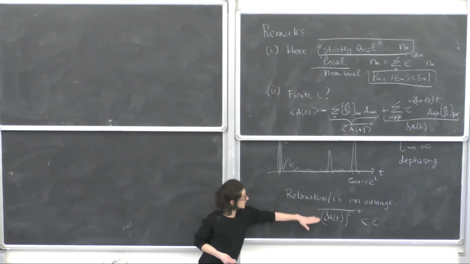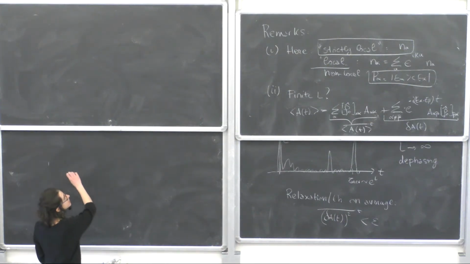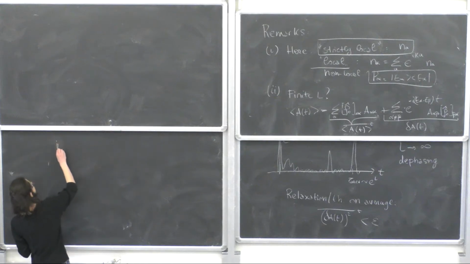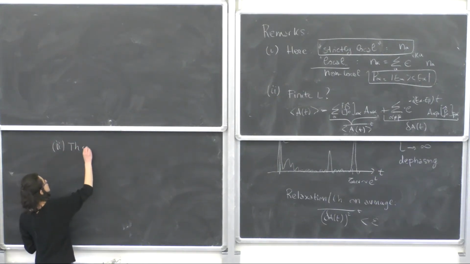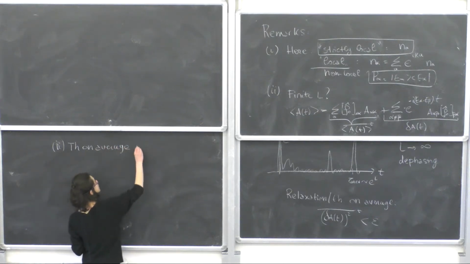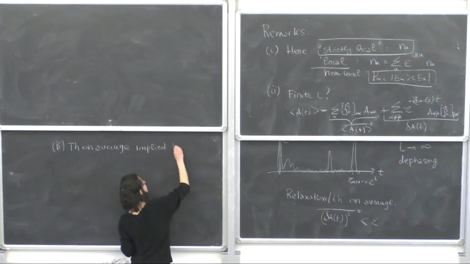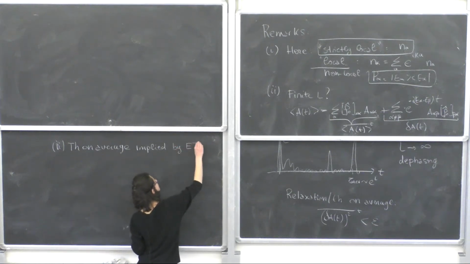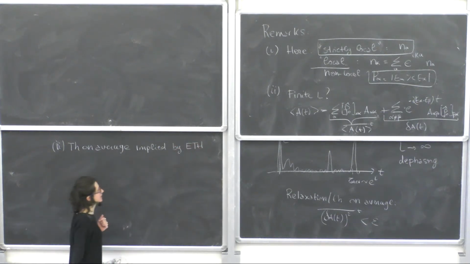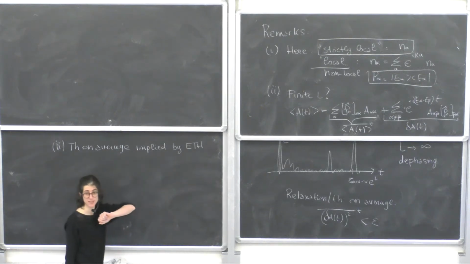Because this statement of thermalization on average is essentially guaranteed. So this is point 3. Is implied by ETH, which stands for Eigenstate thermalization hypothesis,